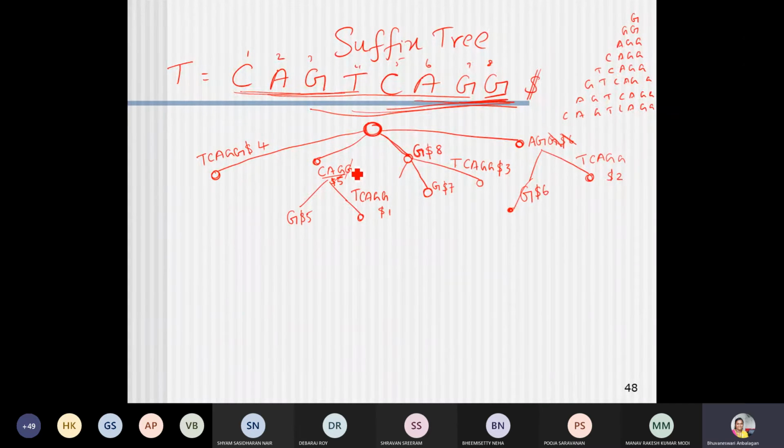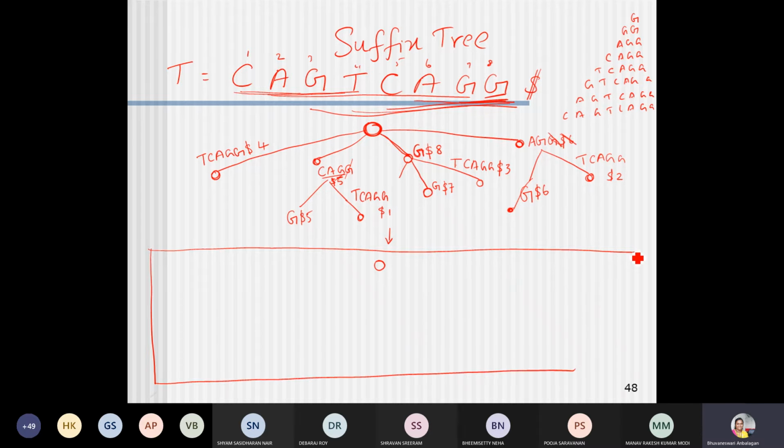Now what I will do is convert this. This is going to be the final suffix tree. Let me give you the same tree. I have this particular tree, its substring is TCAGG.